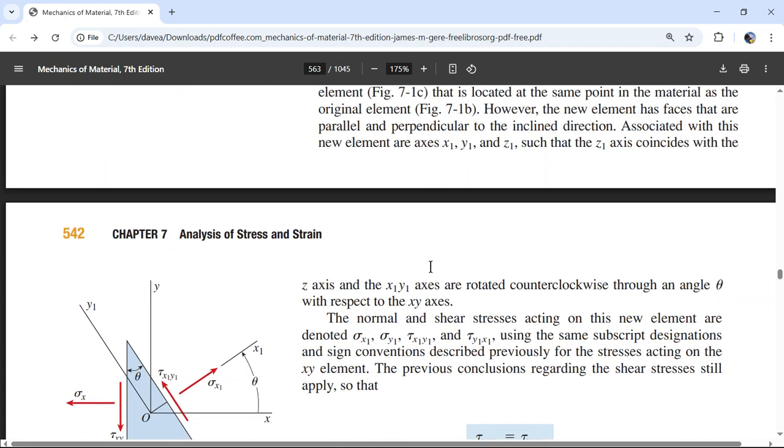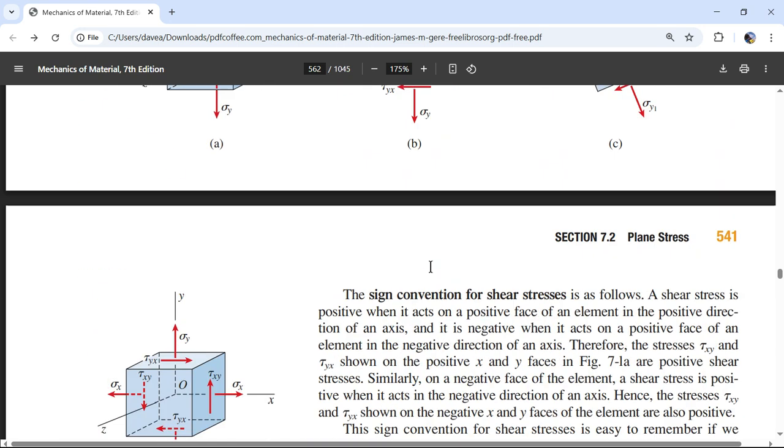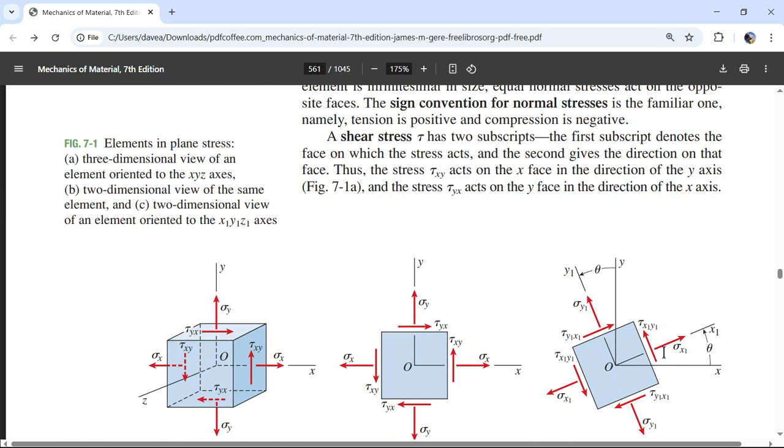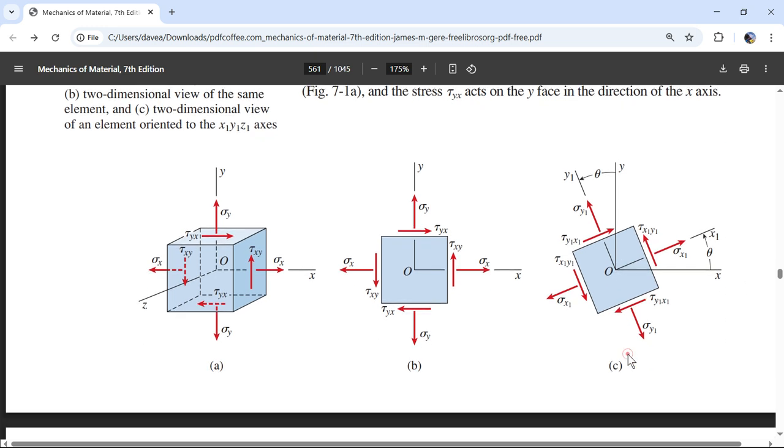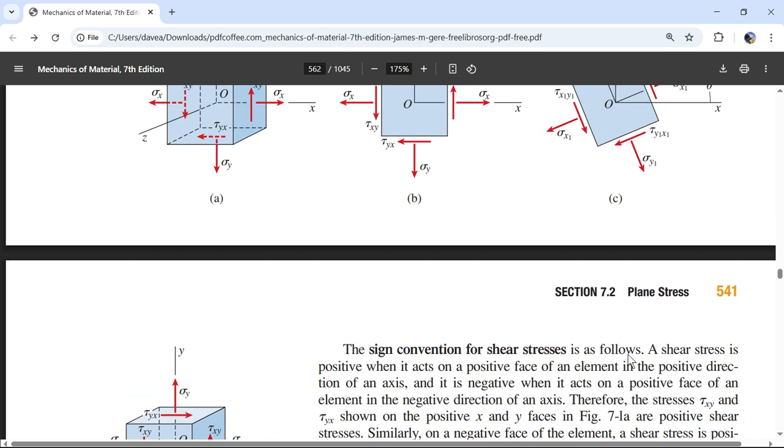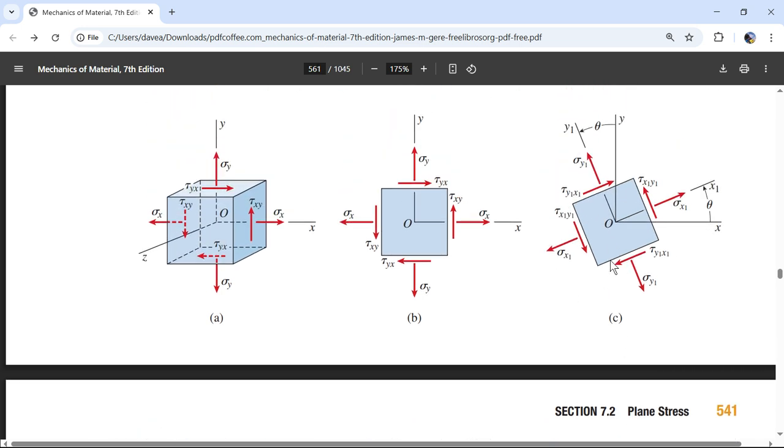So here we go. We have this inclined section, and when we incline the section, we have a new axis, because we don't have to represent this on paper at an incline. We don't have to draw it at an incline. We can just say it's a new axis. This new axis is x1, this new axis is y1. So when I draw this on a sheet of paper, I could just draw it as a rectangular square and just label my axes x1, y1. That's the transformation